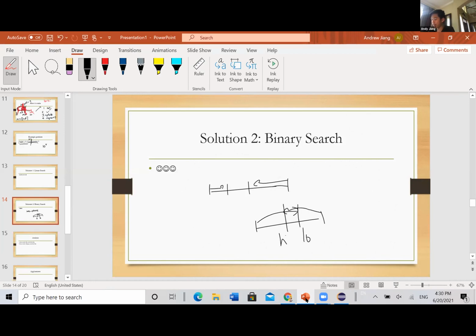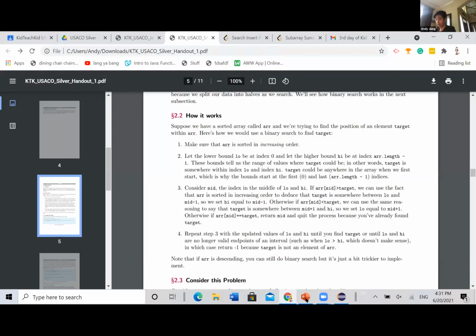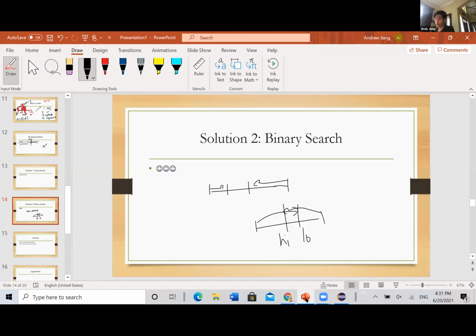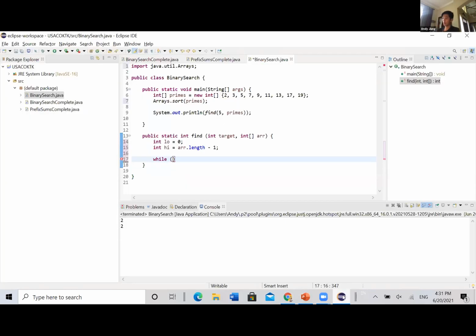That just doesn't work. But typically that only happens in one case. But that's how I want my program to stop. So while low is less than or equal to high, so while these bounds still make sense,